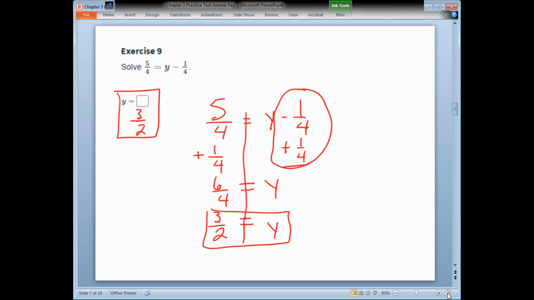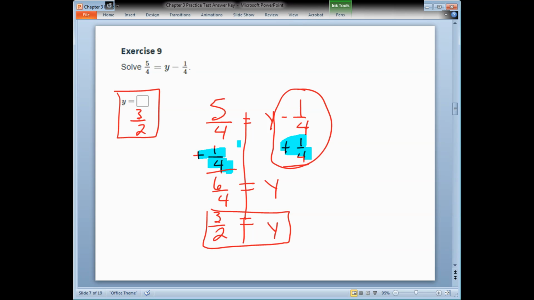Number 9, we're jumping to number 9 because you don't have to do 6, 7, or 8. So here I have an equation, and I need to solve it. So I need to figure out what y is. When it says solve, it means figure out what the variable is, and then move on. So for this one, what do I have to do? Right now, I'm subtracting 1/4 from y, so I need to add 1/4 to both sides. Okay, so I do that. I add 1/4 to both sides,